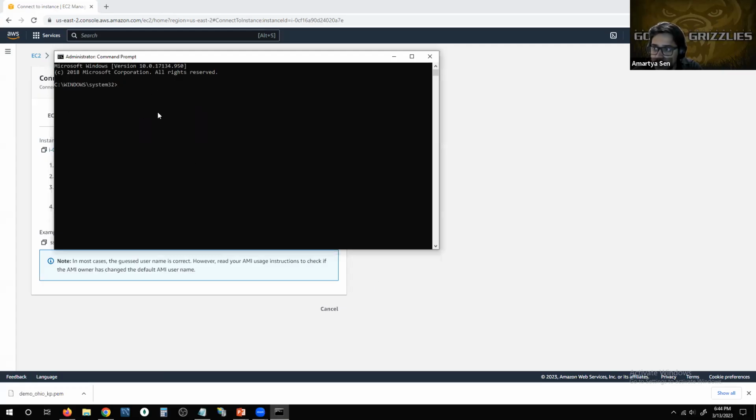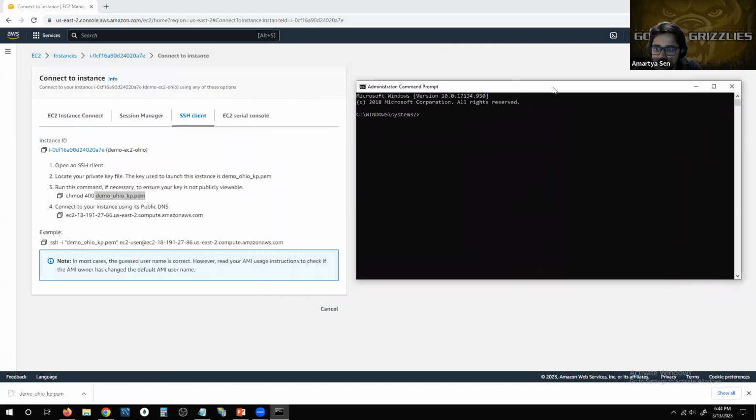Okay, so that will open up my terminal here, and I just need to locate where my PEM file is. So I'm going to go and find where it is, and you guys can do the same thing for yourself. I believe it should be here. How do I move to this location? This is going to be an annoying process. So what I'm going to do is cut this from here, go to the easiest location, which is C drive, and paste it here. Is it asking me